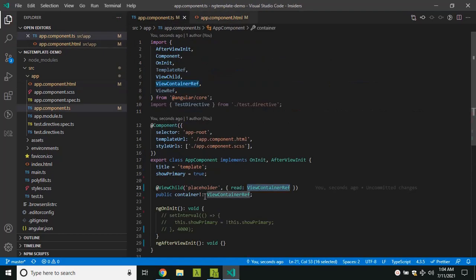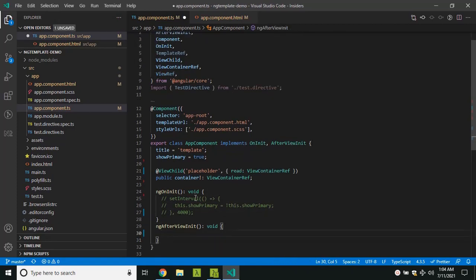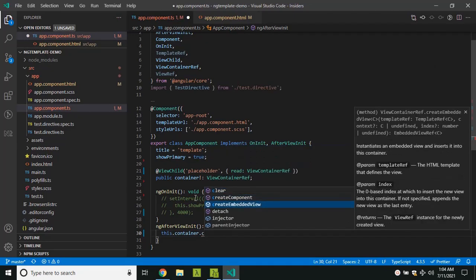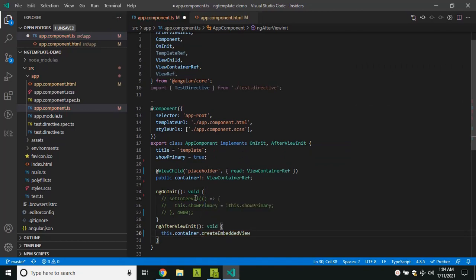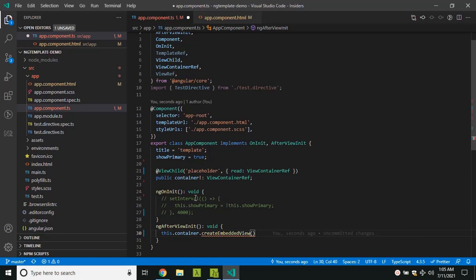Now our container will be accessible only in ngAfterViewInit. So here I will add this dot container dot createEmbeddedView. This is the method through which we can create views using template references.